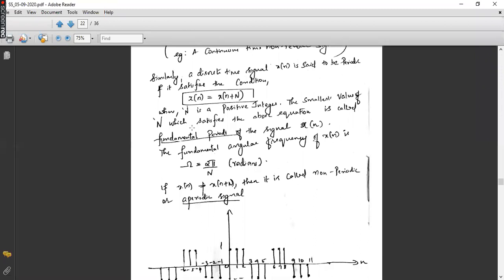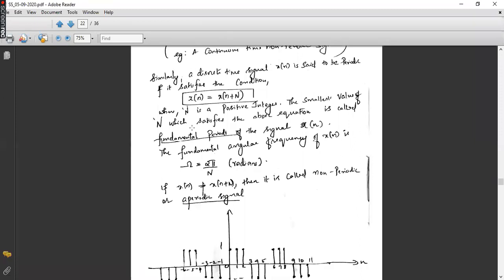When you put omega in the form of W, that is nothing but the angular frequency of a continuous time version. But when you come to the discrete time case, you will interpret this angular frequency in terms of ohm. So omega is equal to 2 pi by capital T; instead of capital T, you will put capital N. The unit is radians, not radians per second, because N is an integer only. It is a dimensionless quantity.